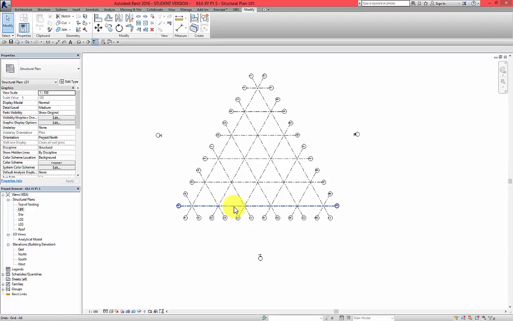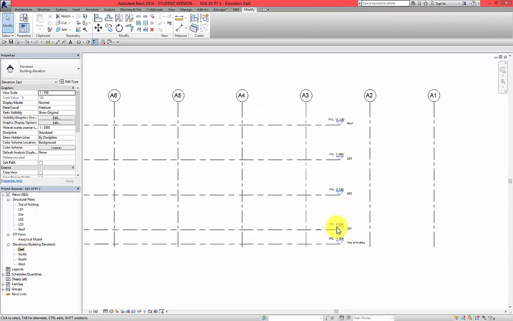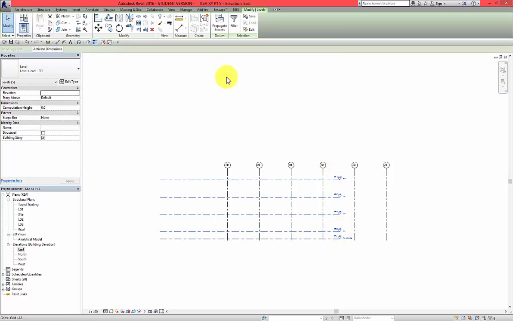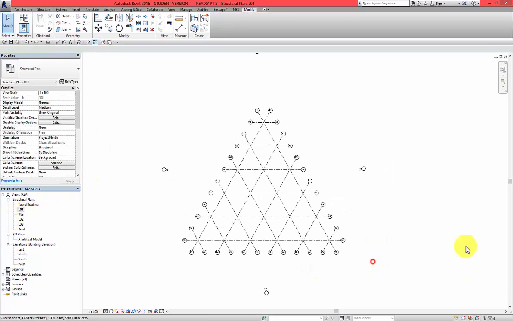So this is something that you should be aware of. You should pin parts of our model that are very important, and the same you could do with your levels. You could select the levels and then you could pin it. L01,